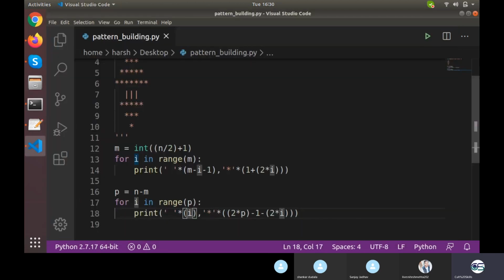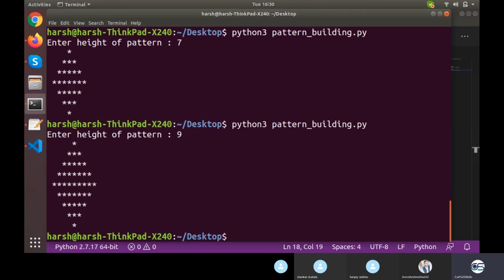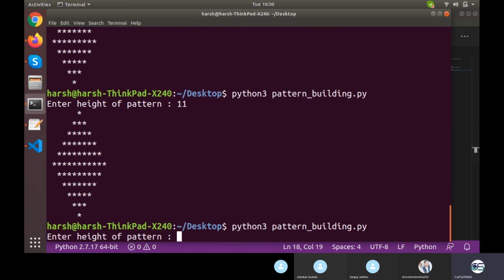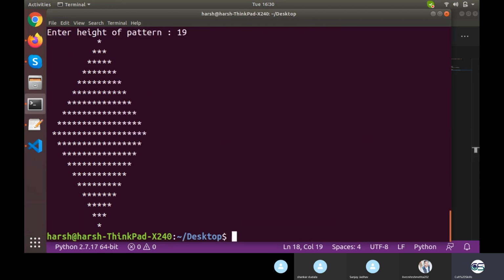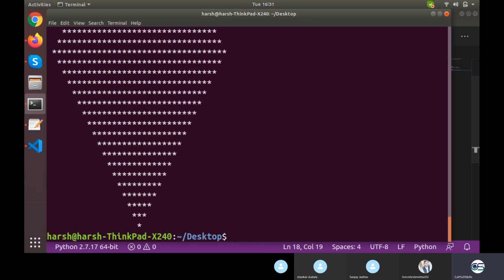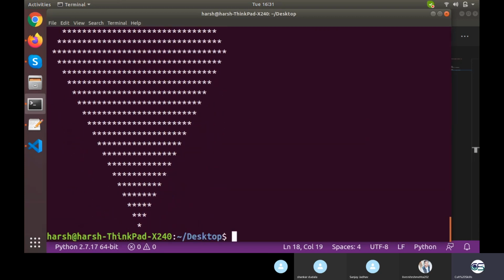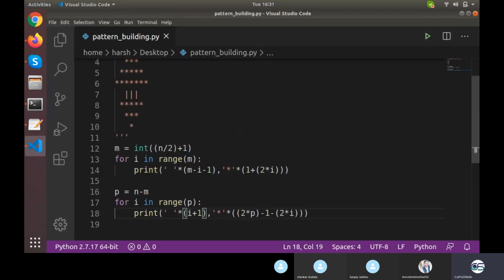For that I'll be going for I plus 1. Fair enough, working fine. Entire diamond shape with Python.